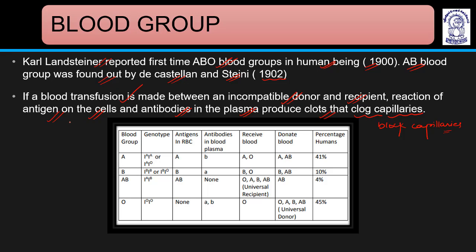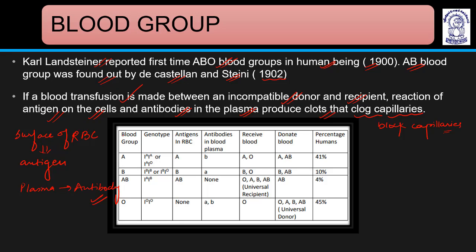So basically, the surface of RBC has antigen or agglutinogen, and the plasma has antibody or agglutinin. These agglutinogen and agglutinin combine with each other to make a clot if there is any